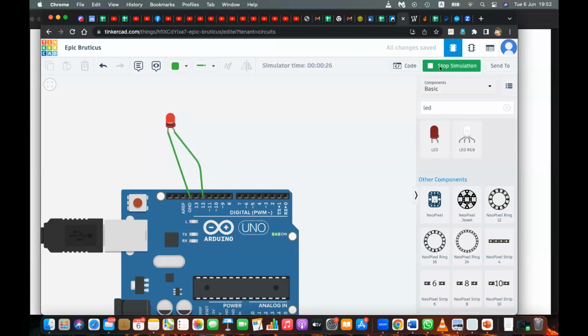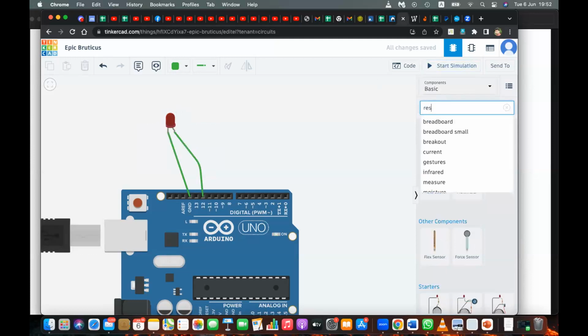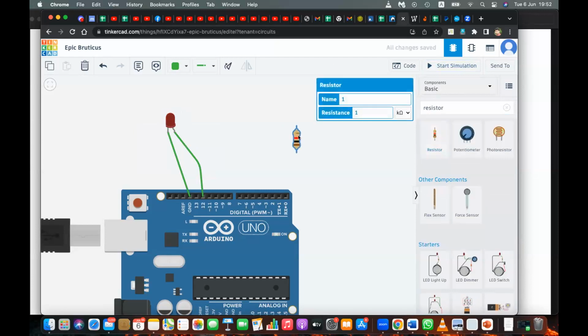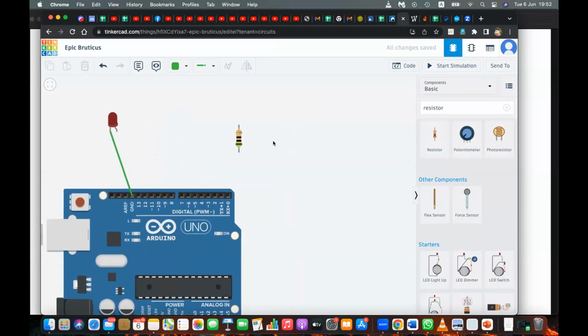If you want to really reduce it, you can add a resistor. Let's go to the resistor, get a resistor, you can change this to ohms, and maybe put 50 ohms, that will be enough. Just connect it through a resistor.